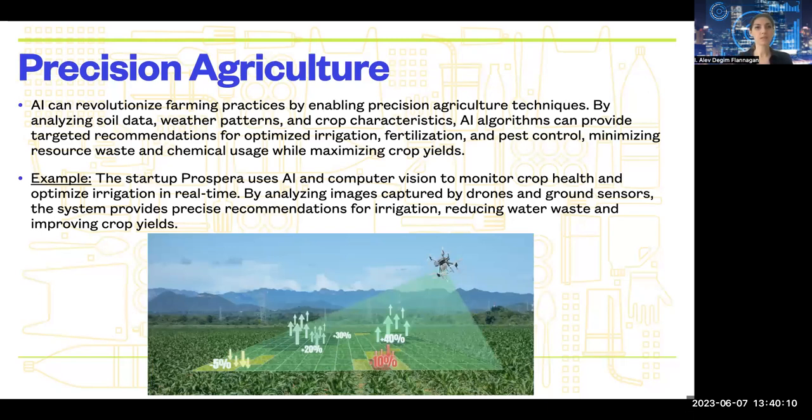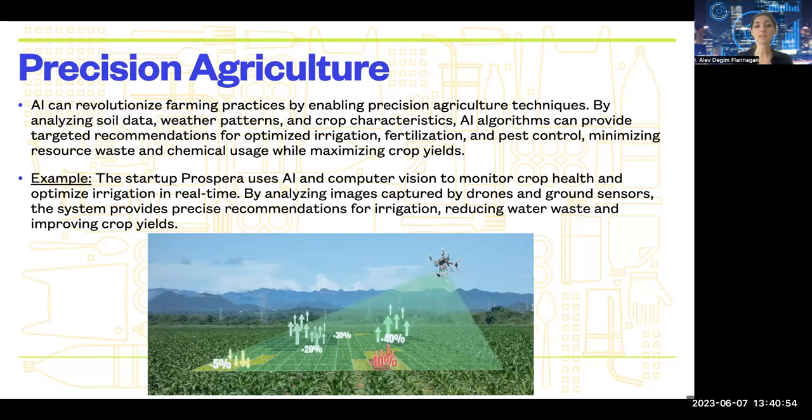So precision agriculture can help with producing better, more efficient agricultural products. And agriculture is a significant contributor to greenhouse gas emissions and environmental degradation. However, AI can revolutionize farming practices through precision agriculture by analyzing soil data, weather patterns, and crop characteristics. AI algorithms can provide targeted recommendations for optimized irrigation, fertilization, and pest control. This precision minimizes resource waste, reduces chemical usage, and maximizes crop yields, promoting sustainable and efficient